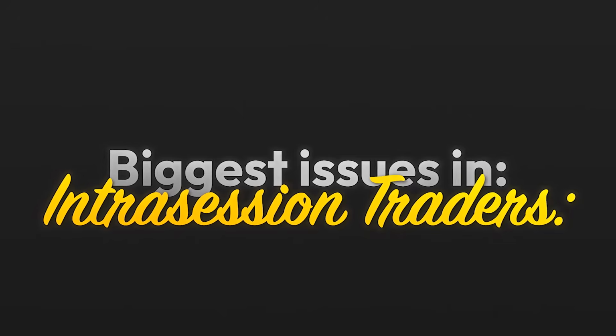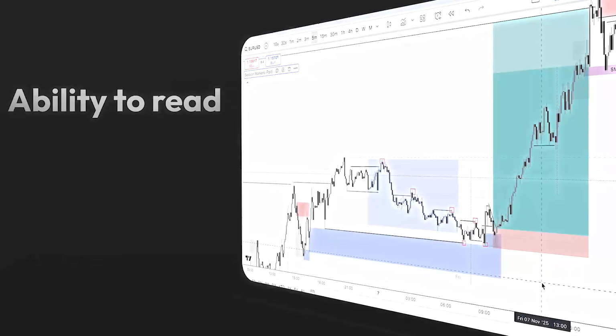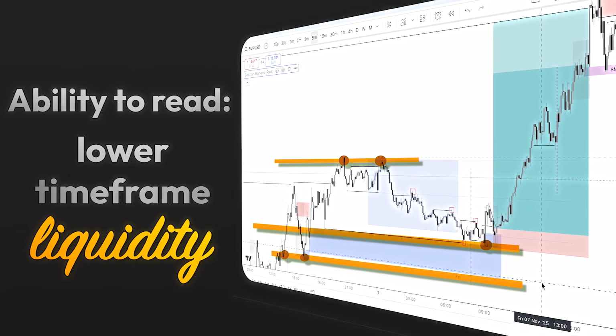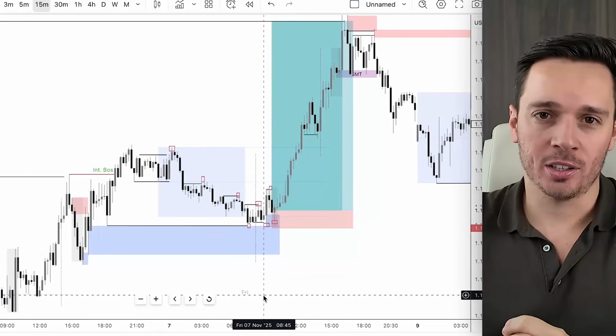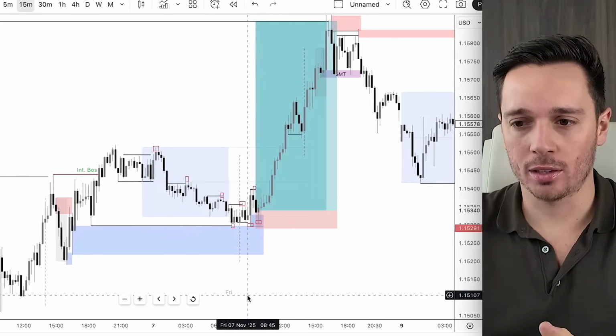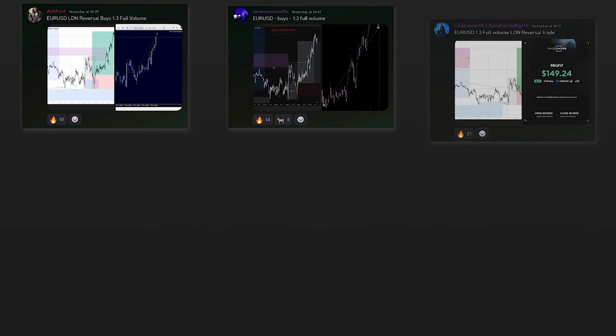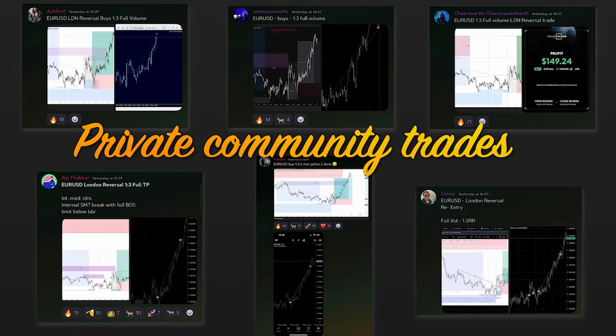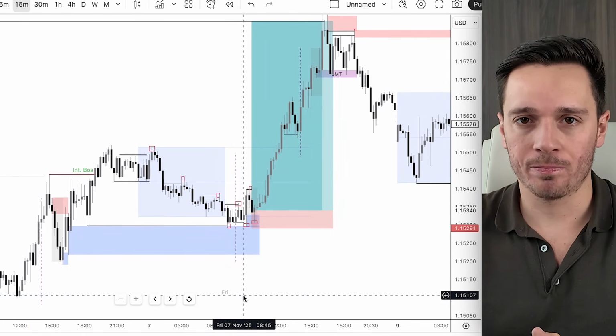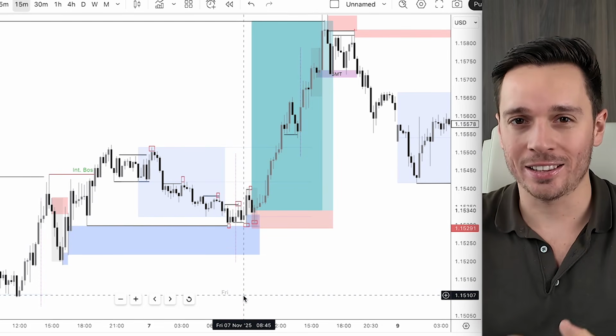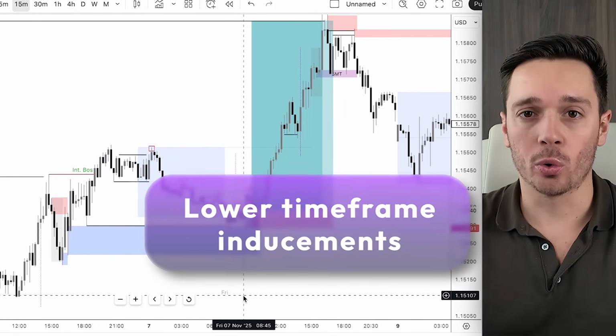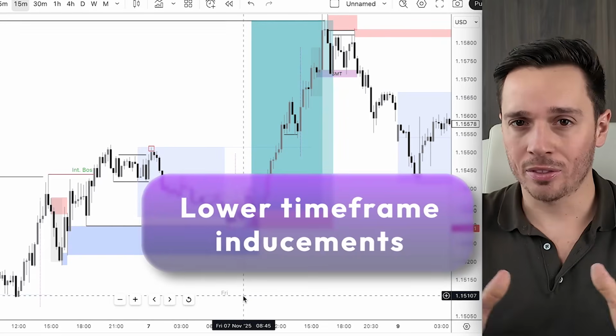One of the biggest issues I see in intra-session traders is the ability to read the lower time frame liquidity. So in today's video, as you can see on my screen, I have a trade that a lot of our members of our community got into, which is a Euro USD buy position. And the key to this trade is to understand and identify the lower time frame inducements, and therefore during this